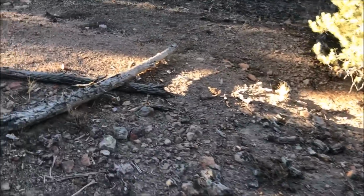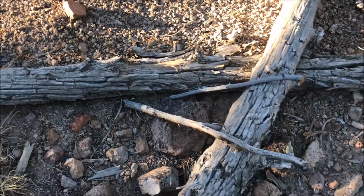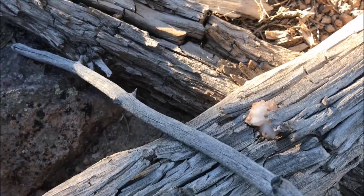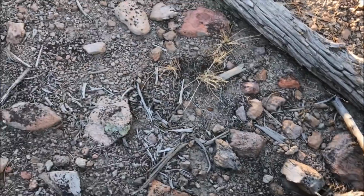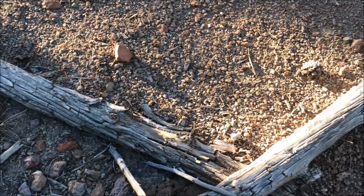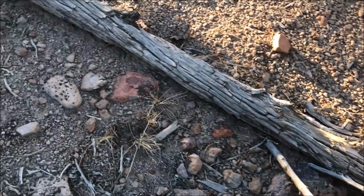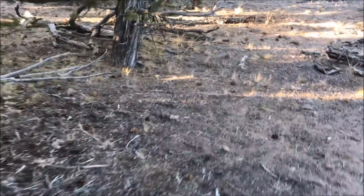I've been hiking for a while and I came up here and look at that. I don't know if it means anything. There's a big cross, and then there's these little sticks, and then look, there's a piece of quartz tucked up under there. Now that may have got there via a flood or something, but I doubt it. That's some kind of symbol for something, maybe to go that way. I don't know. Maybe they're luring me into their